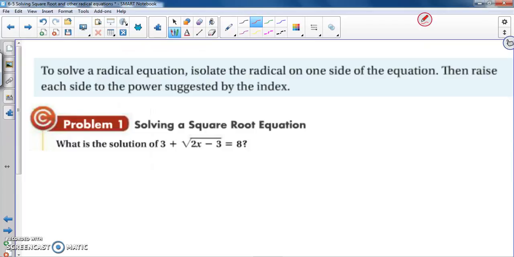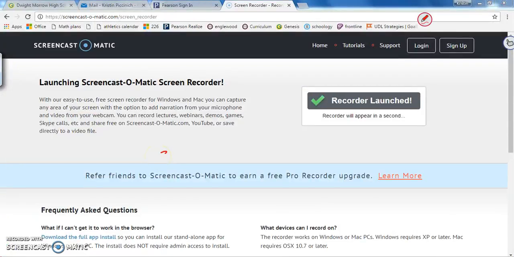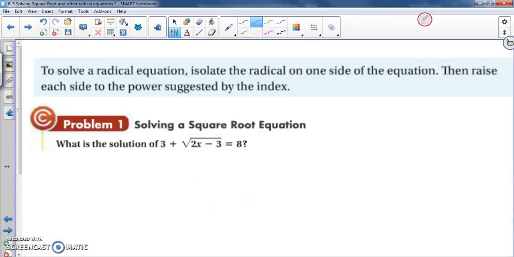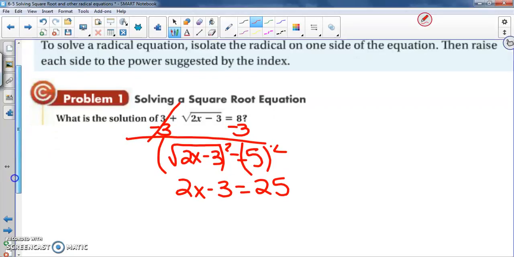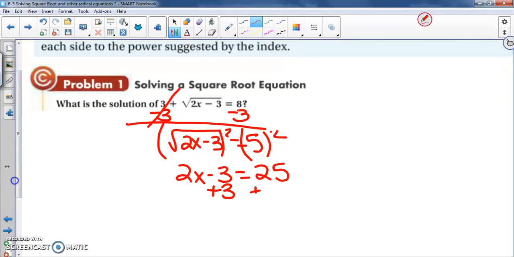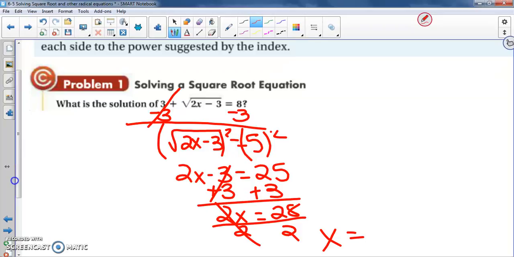I'm going to get the radical by itself by subtracting 3 from both sides. And I get the square root of 2x minus 3 is equal to 5. Since my radical is now by itself, I'm going to square both sides, and 2x minus 3 is equal to 25. I'm going to solve for x by adding 3. 2x is equal to 28. I then divide by 2 and get x is equal to